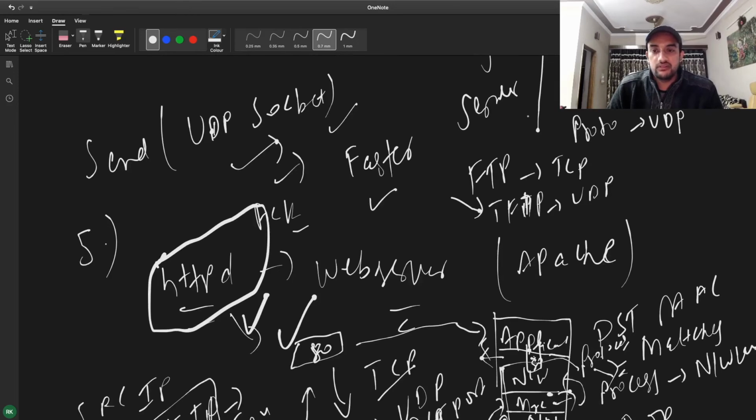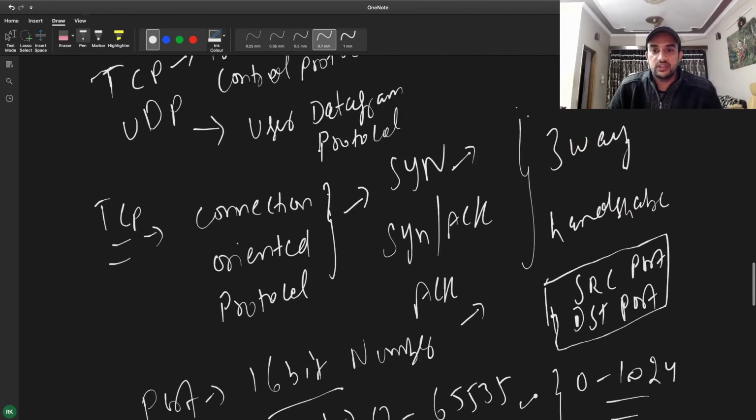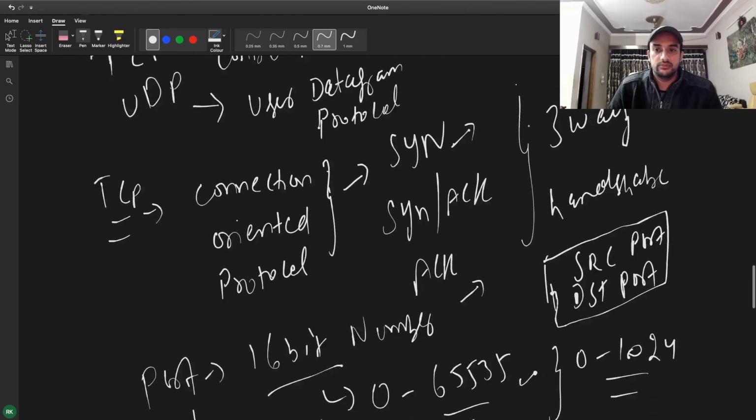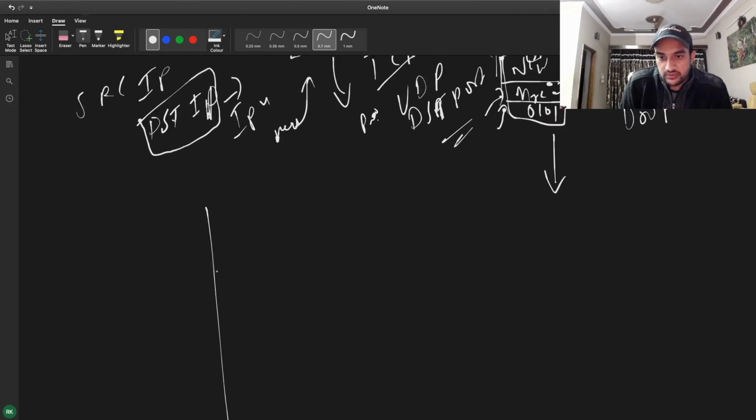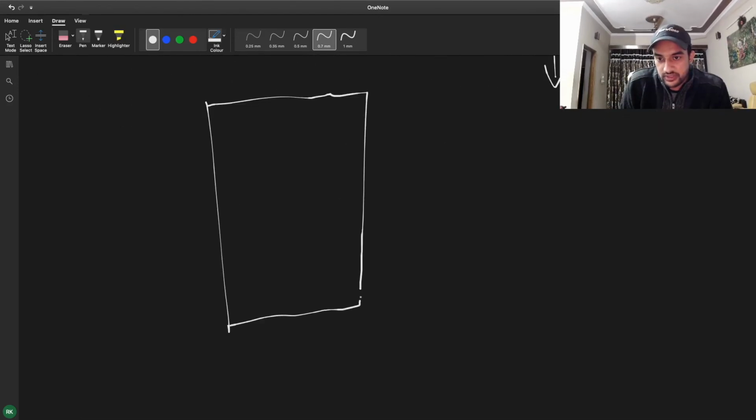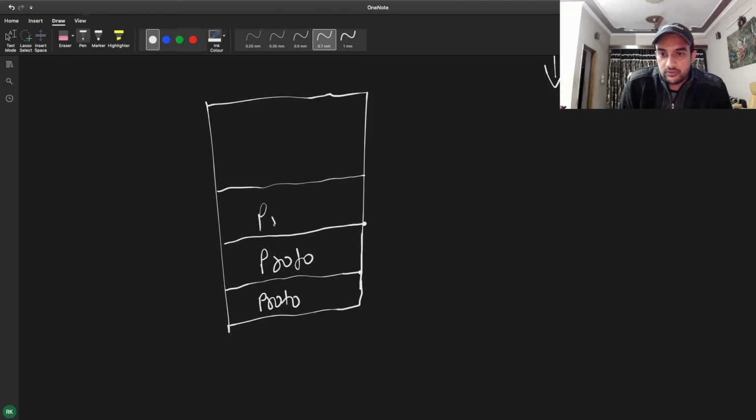We will see this in action, how a packet looks like, and what other fields are responsible in a packet. For now, we need to understand one flow here, and I just want to summarize things. In the physical layer, once the packet is received, we will have a protocol field, and here also we will have a protocol field.